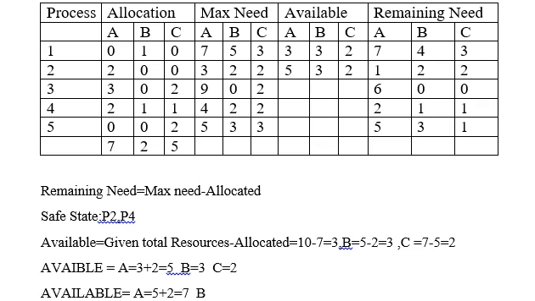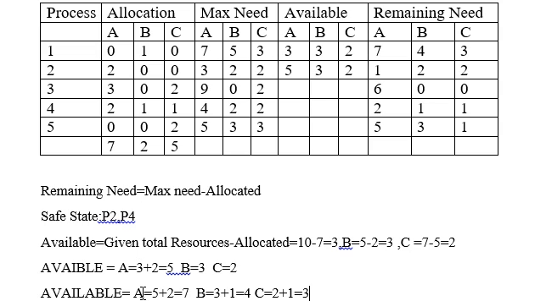Next we need to check for B. So how much did it have of B? What was the previous B? That is 3. So 3 plus, I need to just check here, that's 1, so that becomes 4. And next is C. Previously we had 2, so now we have to add. And how many did P4 have? That's just 1, so it will release that and it will become 3.